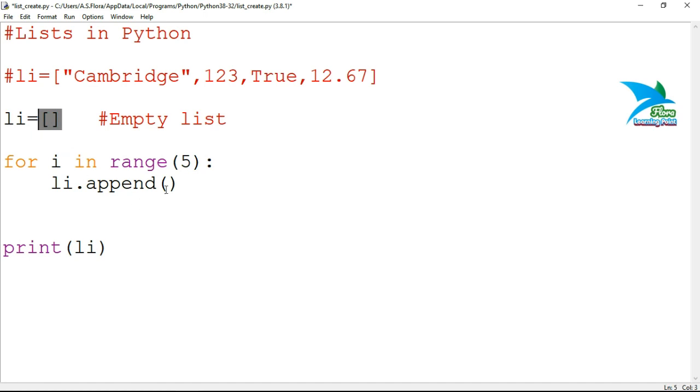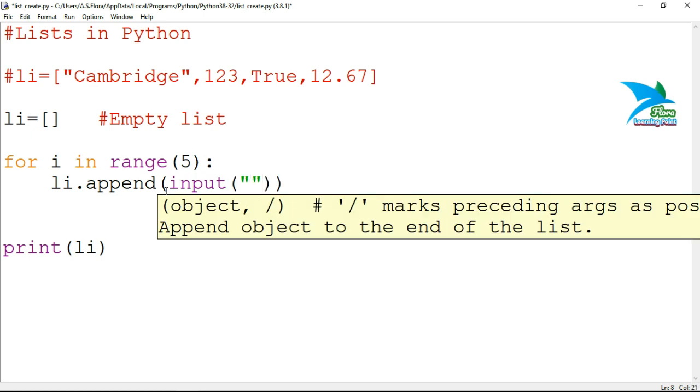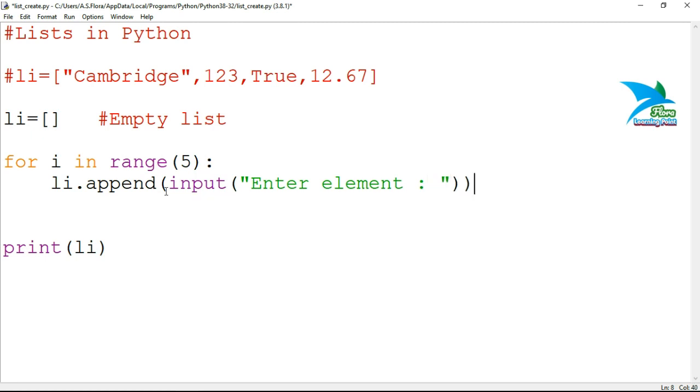As we are not having any element, then append function will insert an element at 0 position, right? So I'll use input, insert element. So loop will execute input function 5 times, and that means it will add 5 elements to the list.